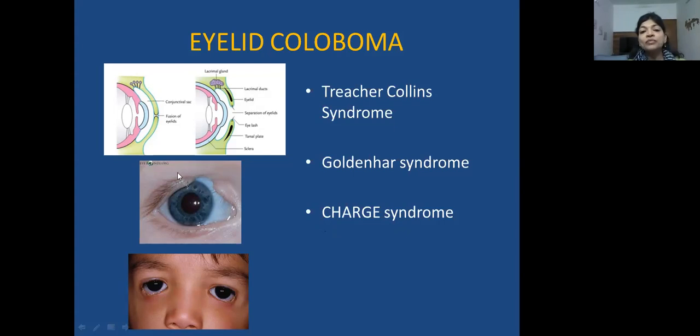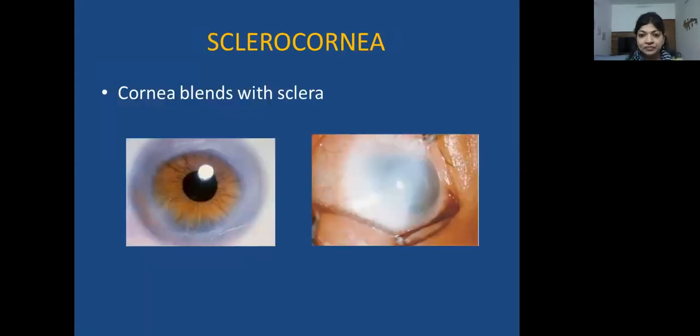Now, the problem with the lid coloboma is that because you don't have any tissue giving protection to the underlying cornea, the cornea can get exposed, become really dry, and it can get opacified in future, causing problems. Also, you can develop corneal ulceration because of exposure. So for babies who have eyelid colobomas, as early as 6 weeks of life, you need to start doing some eyelid grafting for them, in order to protect their corneas and preserve vision for these kids.